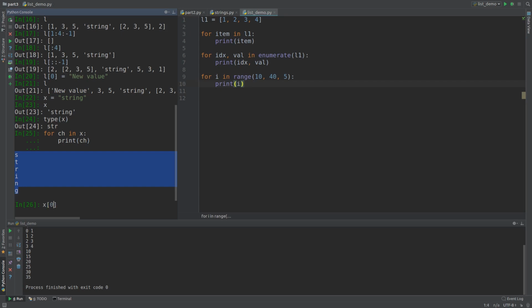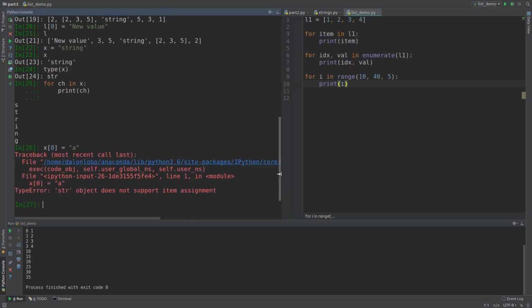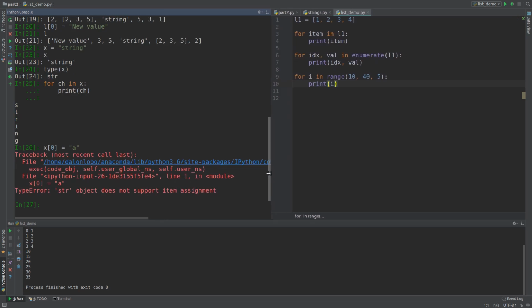strings are immutable. If I do this, it is going to throw me an error. It does not support assignment because it's immutable. So this is the main difference between mutable and immutable objects. I'm going to show you another data type which is also immutable, same like string, which is called a tuple. You have seen that the list is initialized with square brackets, but a tuple is initialized with parentheses: 2,